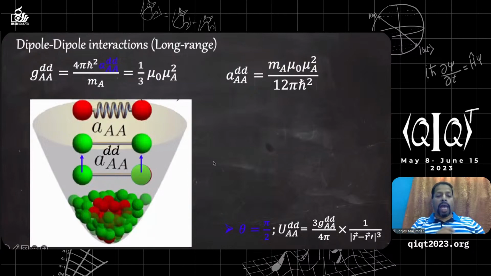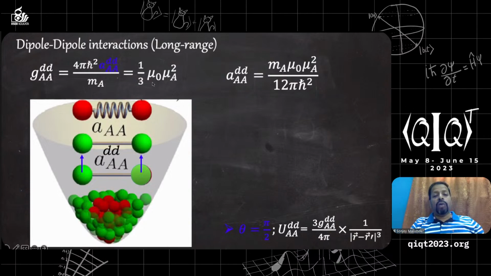Now, once we have the condensate, apart from the trap potential and the atom-atom interaction, because we have atoms which have a dipole moment, the dipole-dipole interaction will pop up. These are long-range interactions, as you know. If you look at the expression for these dipole-dipole interactions, it can be written in this form, which one can